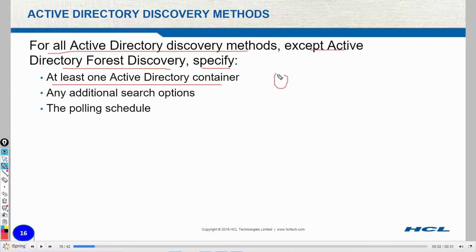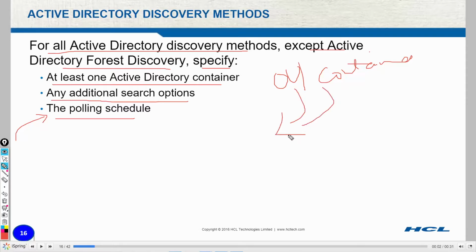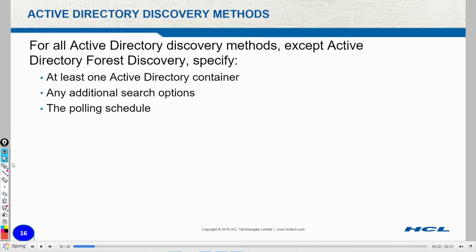That is your OU, or it can be a container also. Any additional search options? The polling schedule is at what time the information from the OU or container will be pulled again, or when the cycle will run again.